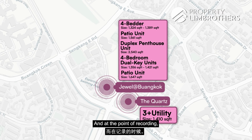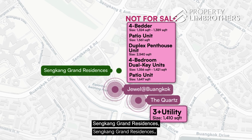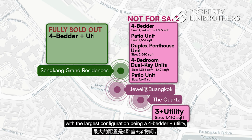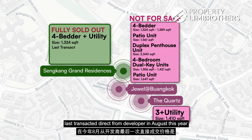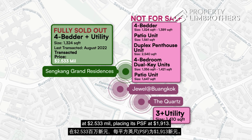And at the point of recording, there are no 4-bedders available for sale. Last but not least, the newest kid on the block, Sengkang Grand Residences, which is fully sold out, with the largest configuration being a 4-bedder plus utility standing at 1,324 square feet. Last transacted direct from developer in August this year at $2.533 million, placing its PSF at